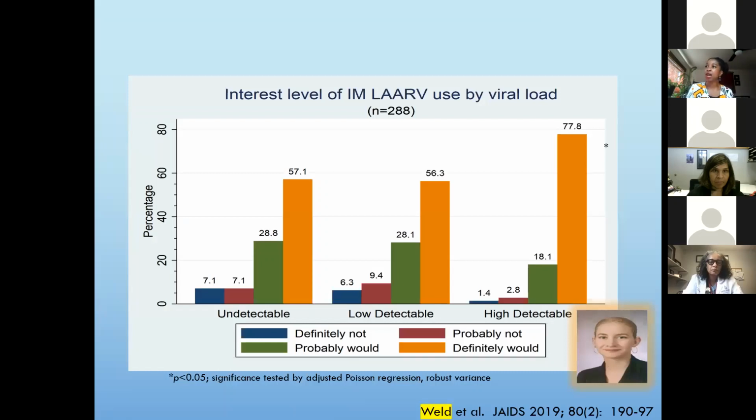But I spent the first half of this talk talking to you about individuals who are non-adherent. Ethel Well, who is a clinical pharmacology and ID fellow, asked youth whether or not they wanted injectable agents. And what you see here is a study she did in 3 cities in the HIV epidemic locations: Baltimore, Nashville, and Memphis, Atlanta and Memphis, sorry about that. And what she saw was that there was high interest in injectable agents, but definitely the interest increased the higher